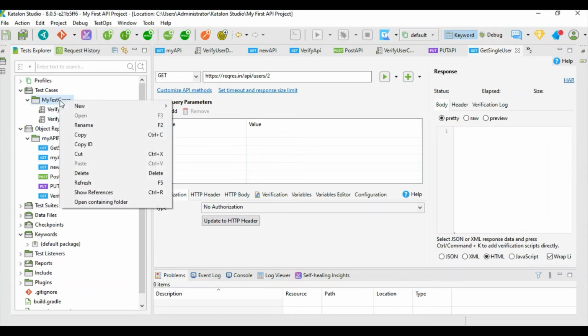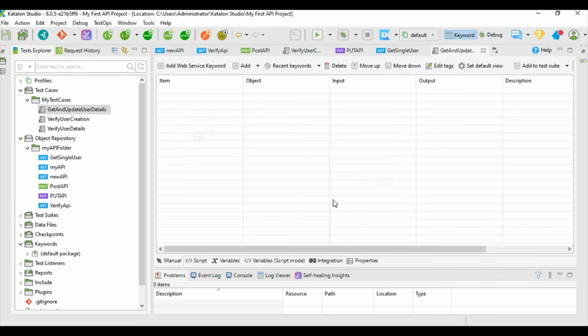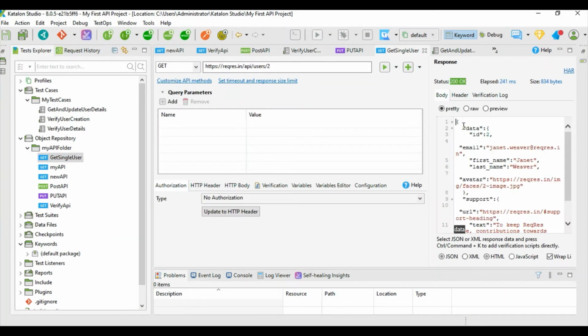So now let us create a test case that is going to get the values as well as update the values. Let us try GET and update both. You can also write update only. Let us name it get and update user details. Let us create this, and if we move back to our GET request, we can see it is giving us first name as Janet.